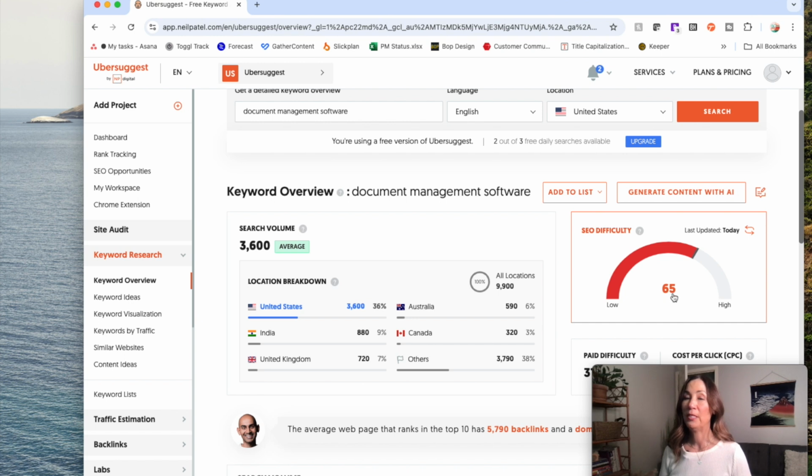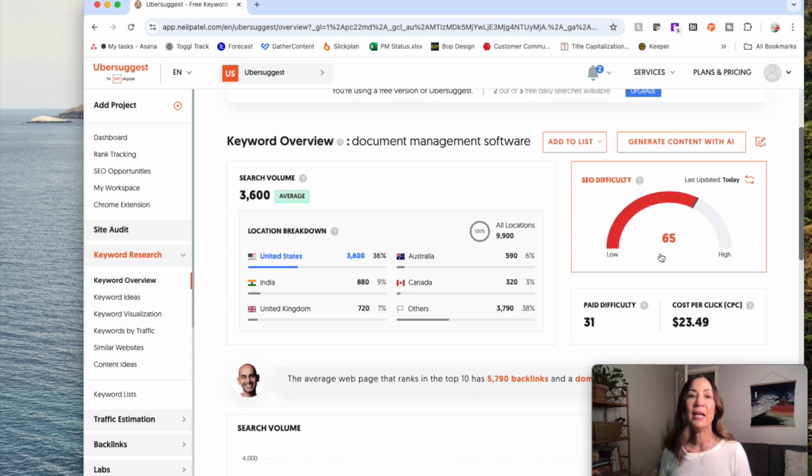So 65 is the difficulty rating that it's giving you, with low being 0 and high being 100. So this is definitely on the high side, high likelihood that it's going to be difficult to rank for. This tells you that there's a lot of people trying to compete for this keyword. And ideally, you want a lower keyword difficulty number because that means you have a better chance of ranking for it. In this case, 65 is on the high side, so it's probably going to be difficult to rank for